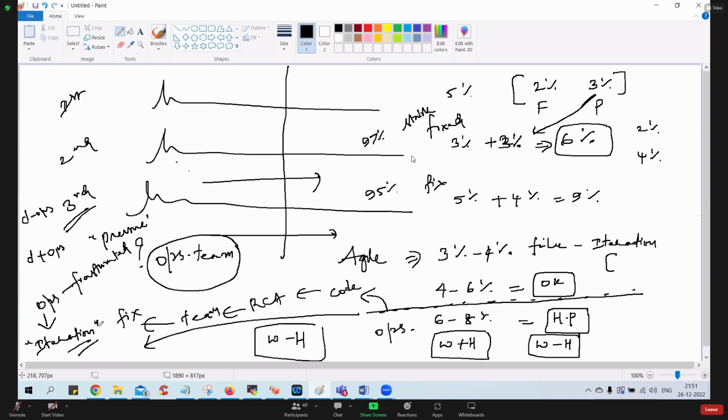So the ops team starts cooking up stories now. When a new iteration is coming, they'll say, okay, we don't have enough staff for this activity. We can't do this iteration or this deployment. Let's postpone it to next week or next month, or after a few iterations. Or they'll cook up a story saying, okay, we don't have enough servers.